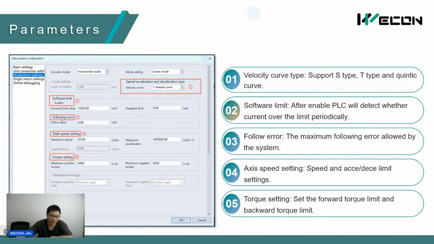And the third is our following error. This parameter means the maximum following error allowed by the system, because there will be a delay between the PLC sending the command and the servo beginning to move. There must be some delay, and this delay will generate this following error. So we can set this following error to,